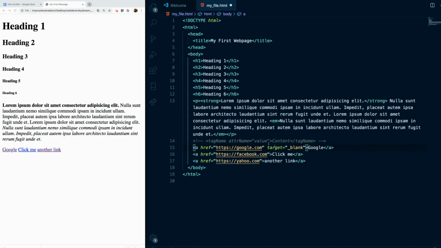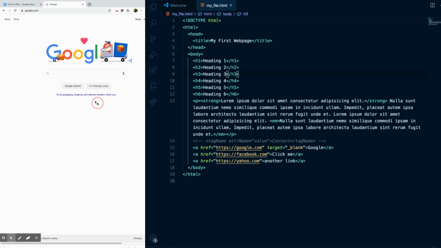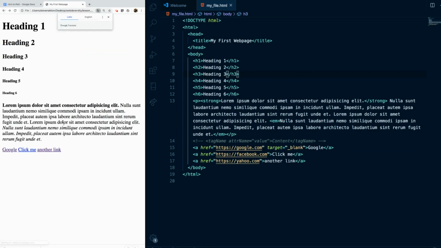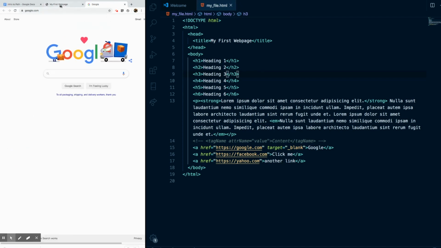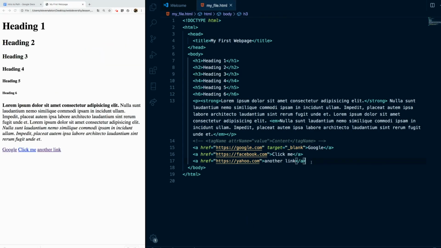So underscore blank. So now if I copy this and I click Google, oops, I didn't refresh. So that was the problem there. But now you see it opens up in a new tab, and my page is still open there. So the user can always get back to my page. That's the most important thing. All right, so